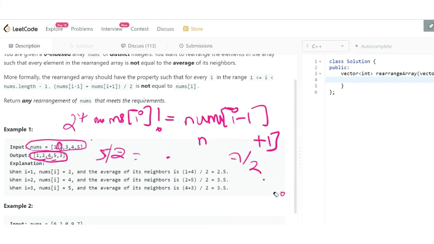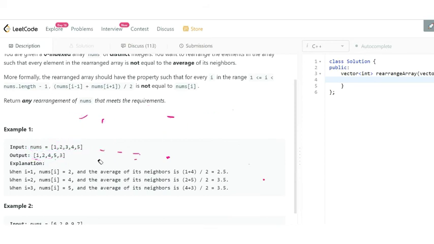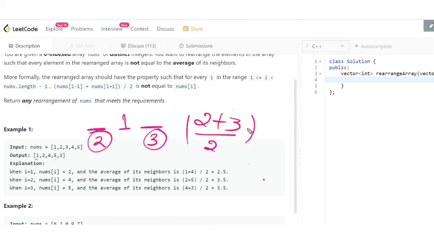Now we will discuss the approach. Suppose your number is 1. If you take both numbers larger than it, means if you take 2 and 3, then the average of these two numbers in any case is not equal to 1.